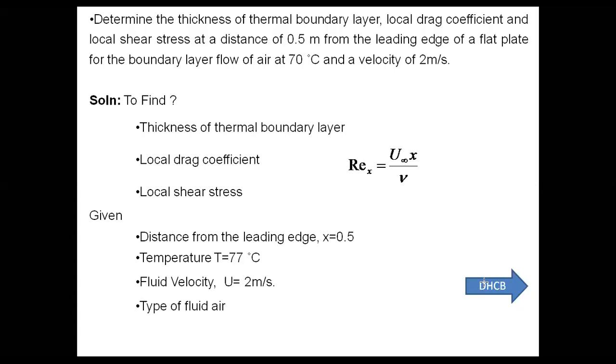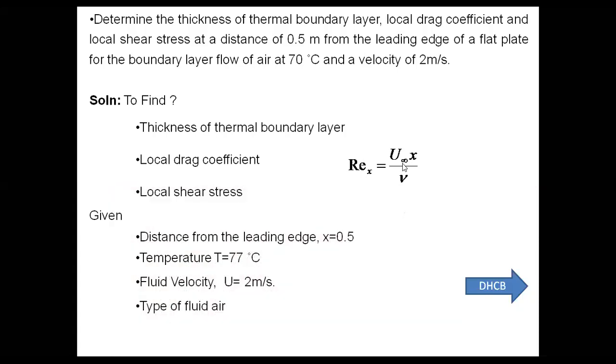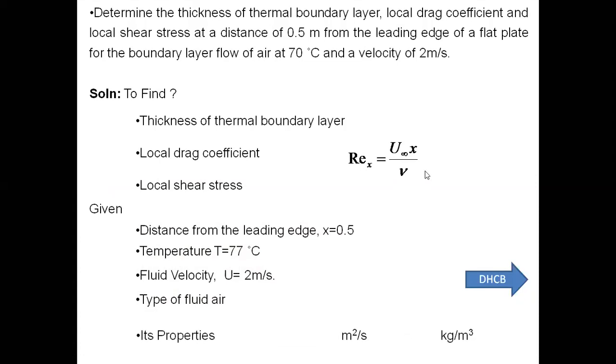Okay. Once you note down all these values, come back here once again. Substitute the kinematic viscosity. U infinity is already given. The x value is 0.5. Substitute that. So the property values we read: kinematic viscosity is 20.02 into 10 to the power minus 6 meters square per second. Density is 1.029 kg per meter cube. Okay. So if I substitute these values, I get a Reynolds number of 49,000, which is less than 5 lakh. Therefore, definitely the flow is laminar. Since it is laminar flow, we'll use the equations of laminar flow.